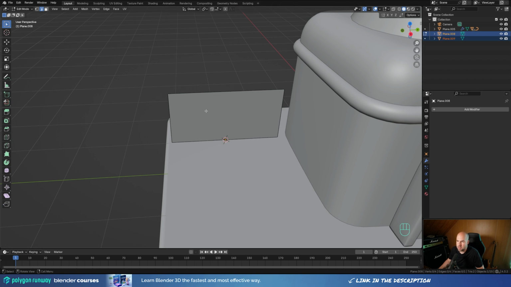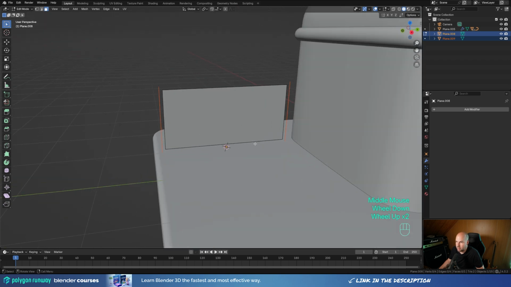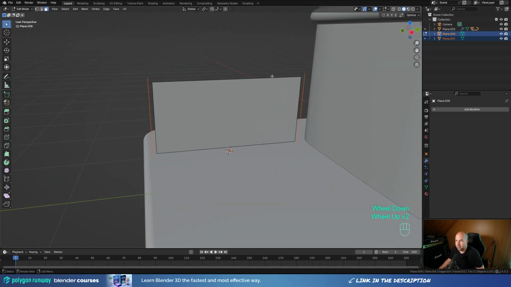You will see them separated here. So now we can just select the whole face, press I to inset a little bit, and now press 3 for face select and Control I to invert the selection, and we can press X and delete faces. So we have something like this here. And since we scaled this twice,